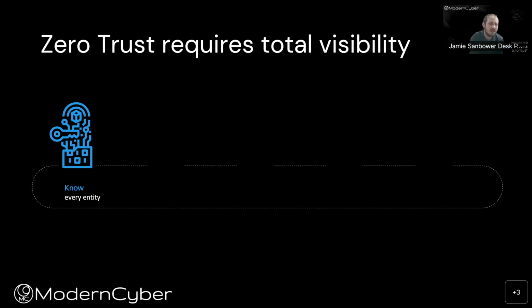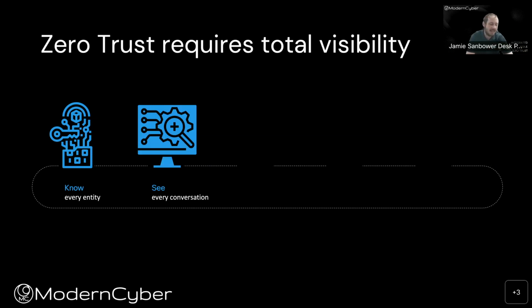So being able to understand and actually utilize all of the intelligence that the organization has so that you're able to understand that full and complete picture. Once you have that, and actually I'll re-reference knowing every entity, another way of saying that is to map the protect surface. And you'll see that used quite a bit in zero trust deployment methodologies, is to map that protect surface. Once I know every entity, I need to figure out what the communication patterns look like across my organization.